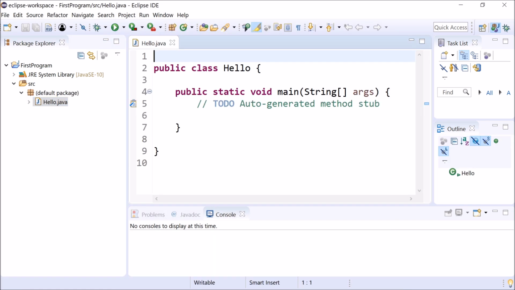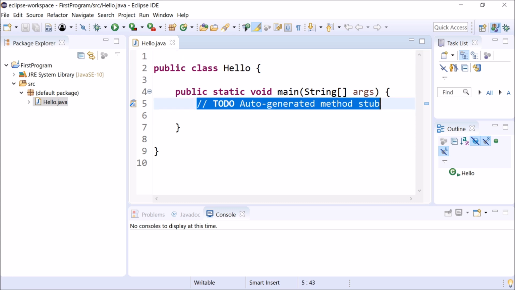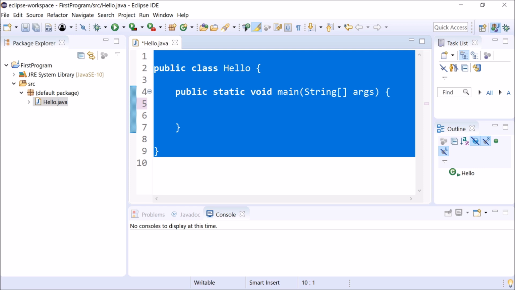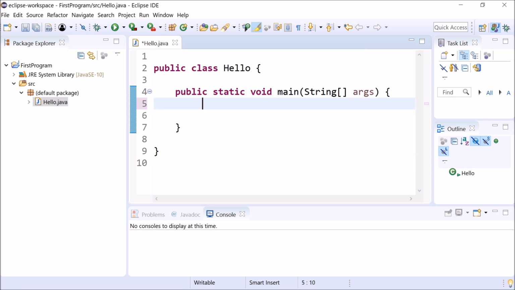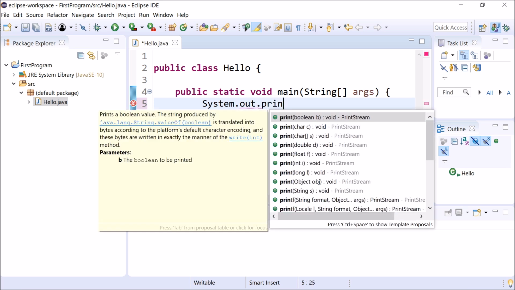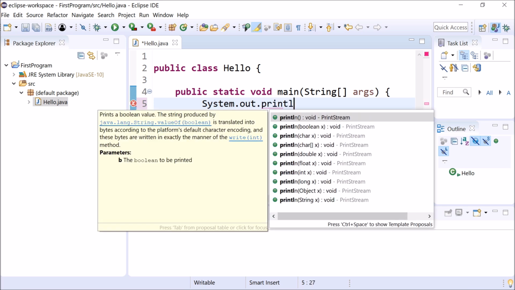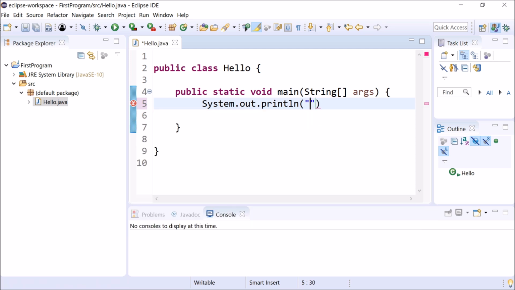So you can see that Eclipse has given us default code. In order to print the first hello world program, simply write System.out.println. Inside that print any text you want, like I am printing hello world.